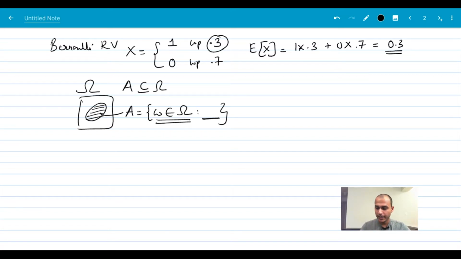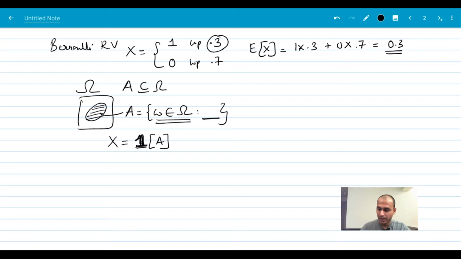Now I can define a corresponding random variable x, which is going to be a function, and this function is going to be the indicator function. So what do I mean by that? So this function is going to be indicator. What's a good notation for this? Okay, so let me just use indicator of A. So this is like just a boldface 1.